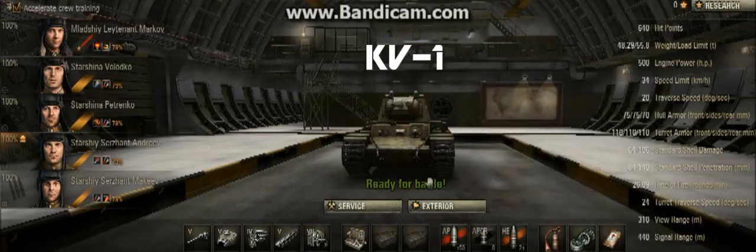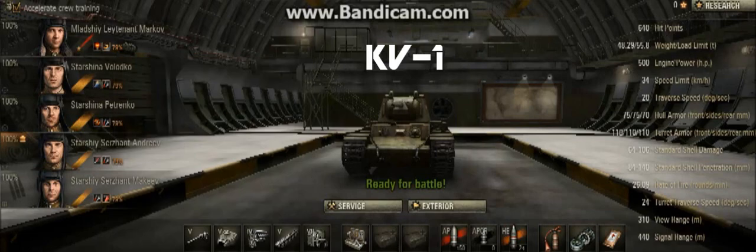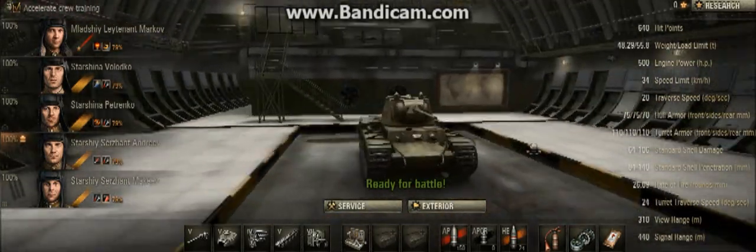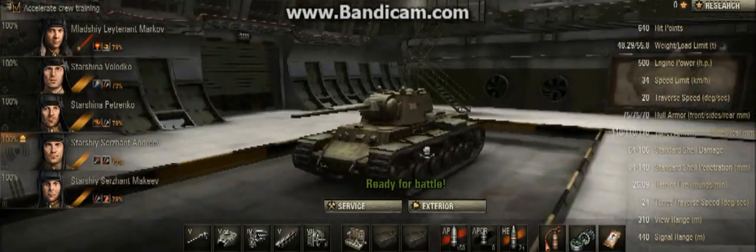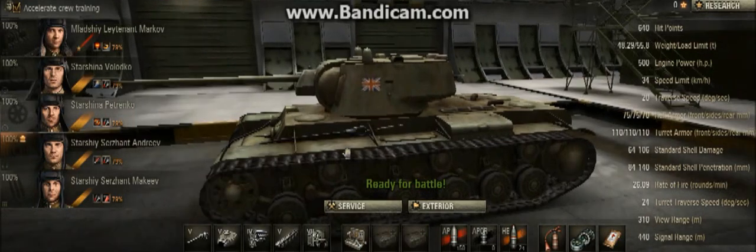Anyway, moving on to my Russians. I have here the KV-1. It's my favourite tank. What can I say? It's a tier 5, which means it'll always make a profit in a fight. I have the lowest caliber gun on it. That's a deliberate thing. That's because the